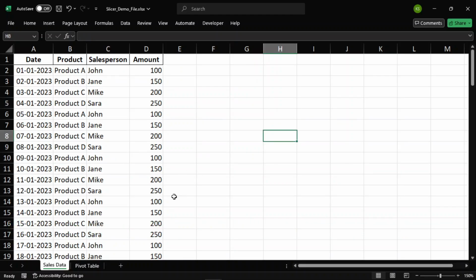Let's get started. So, what exactly is a slicer? A slicer is a visual filter that allows you to easily filter data in a table or pivot chart. It displays buttons that you can click to filter the data, making it more interactive and user-friendly than traditional drop-down filters. Slicers are especially useful when you want to present data to others or need to quickly analyze different subsets